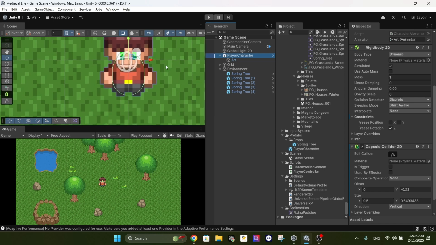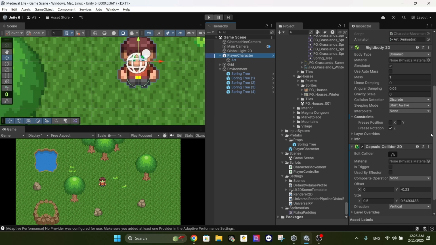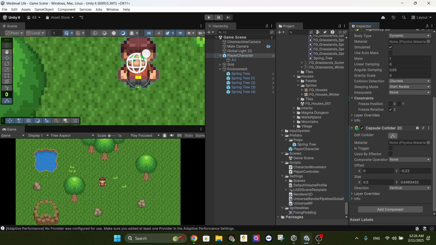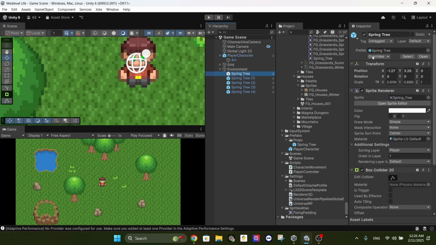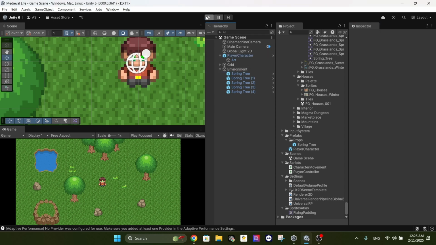1 layer. And also we can edit the collider of the player, make it cover all of his shape, just so we don't get any weird bugs later on. So yeah, then hit save, apply the overrides here, apply all, save. And for the spring tree we have no overrides. Okay, perfect. Now hit play,